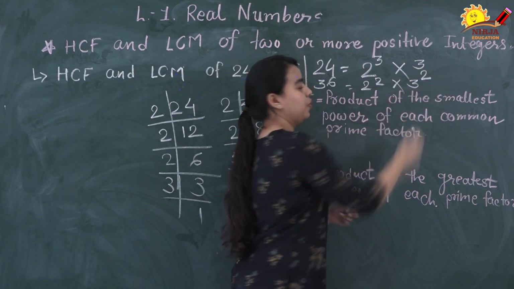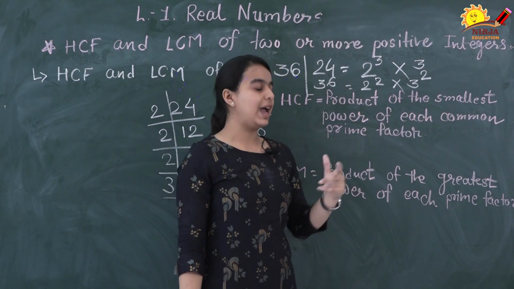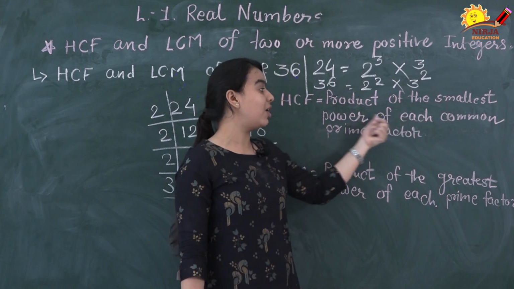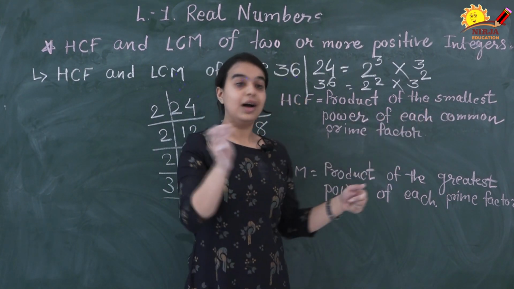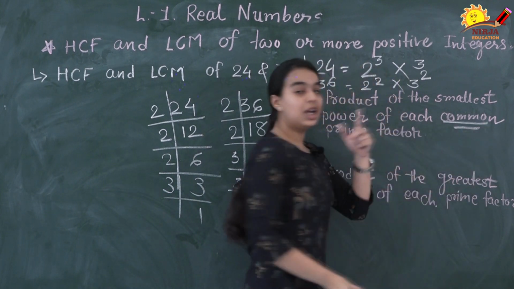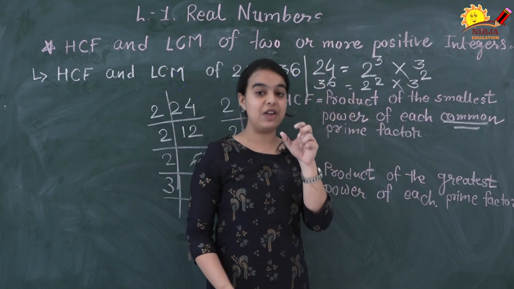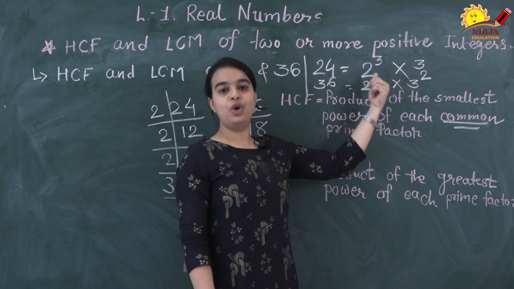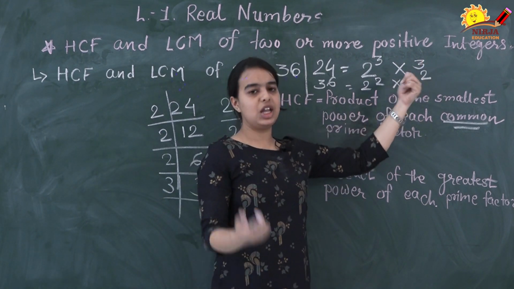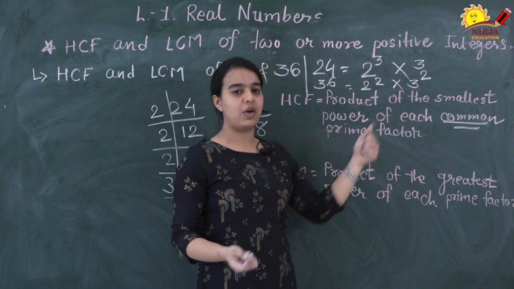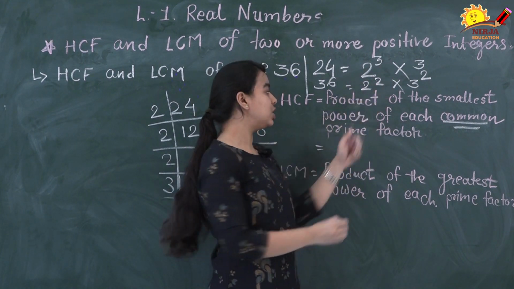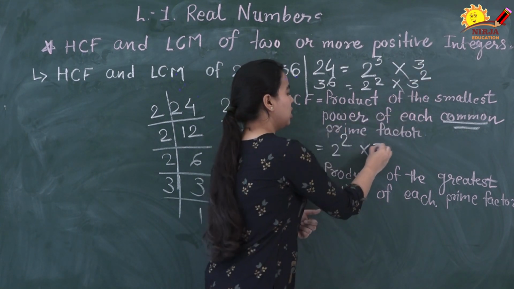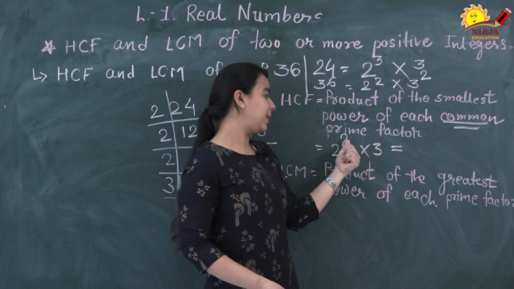Okay. So if you want to find the HCF of two integers, you have to find the product of the smallest power of each common prime factor. Underline this word common. Here you have to take the product of prime factors, but only those which are common. Here it is 2, here 2. That means 2 is common and 3 is also common. So let's find the smallest power now. The smallest power of 2 is 2 and the smallest power of 3 is obviously 1. So I get the answer 2 multiplied by 2, which is 4, times 3 is